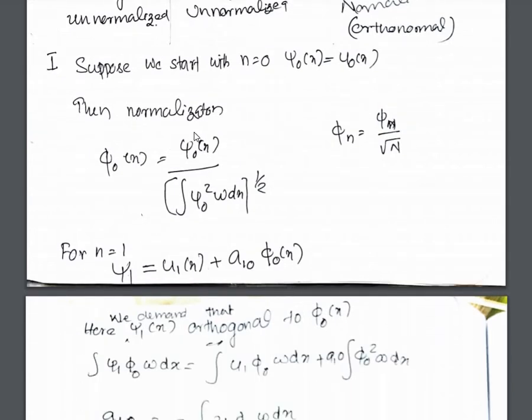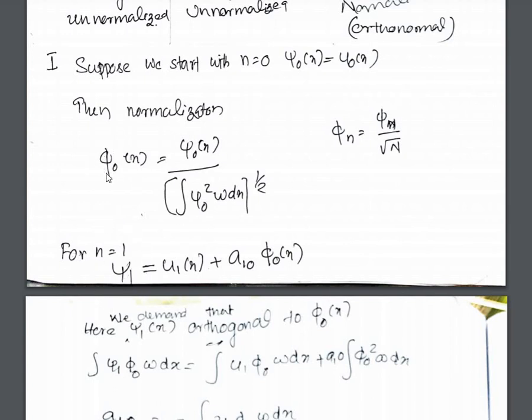So when we do the normalization, we will get phi 0 of x equal to psi 0 of x divided by square root of n. It is nothing but the integral of psi 0 square w dx whole raised to 1 by 2. We know that phi n is equal to psi n of x divided by square root of n. So for n is equal to 1, you will get,